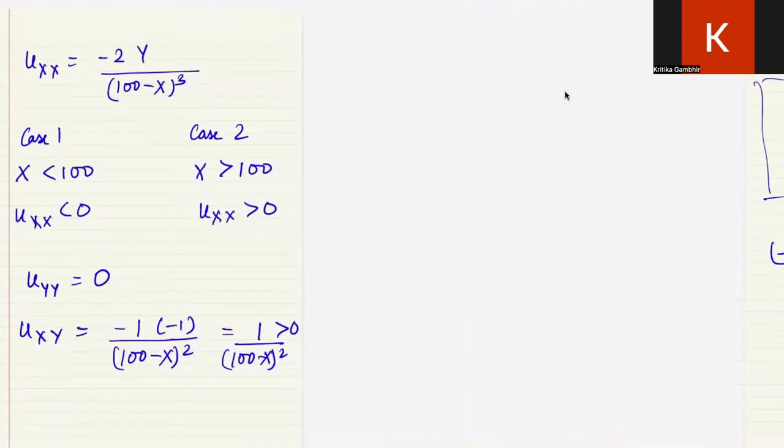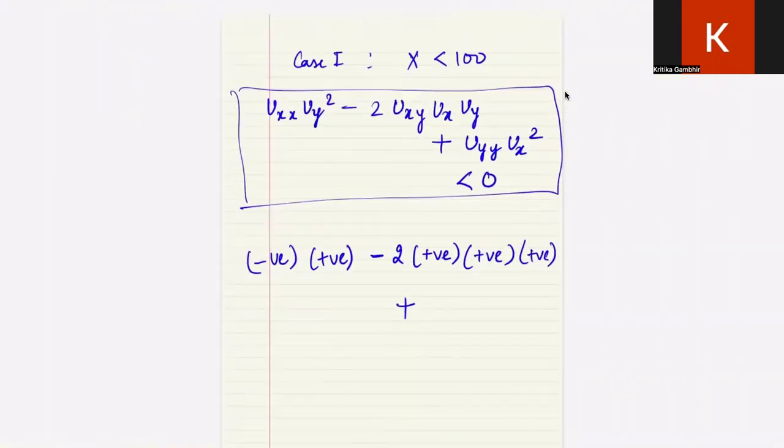uyy की बात करें तो that is coming out to be 0. And ux के whole square की बात करें, it will always be positive. So it doesn't matter because uyy is coming out to be 0. So now if you see, this whole term would get negative and this whole term will get negative. So that means this condition would be satisfied if x is less than 100. Then your utility functions are